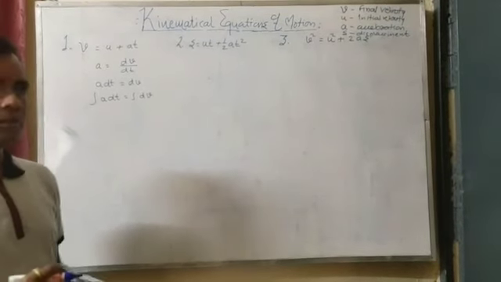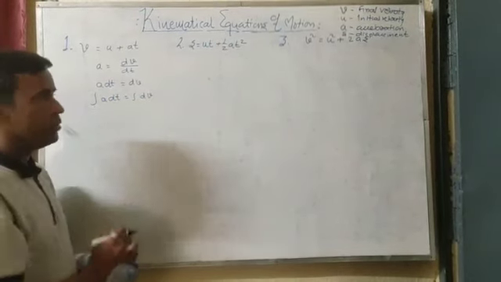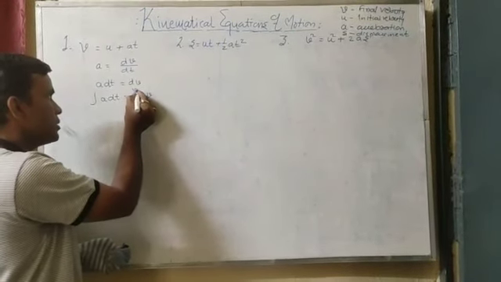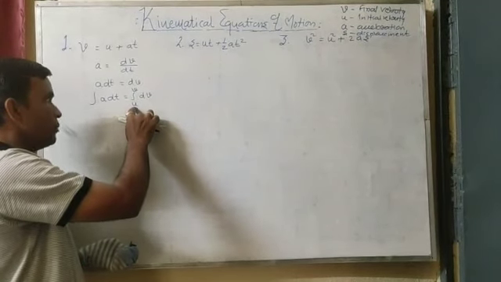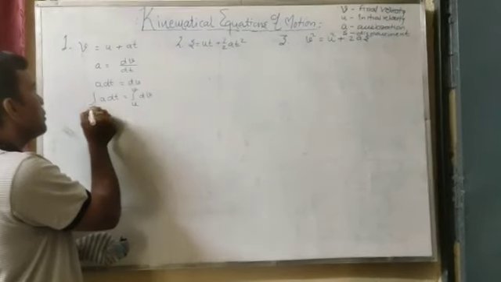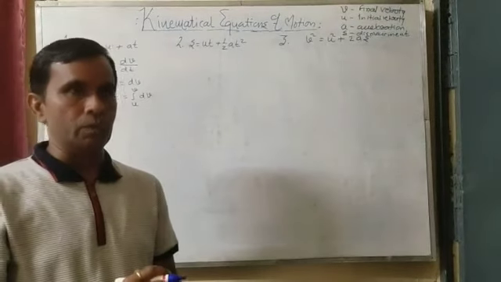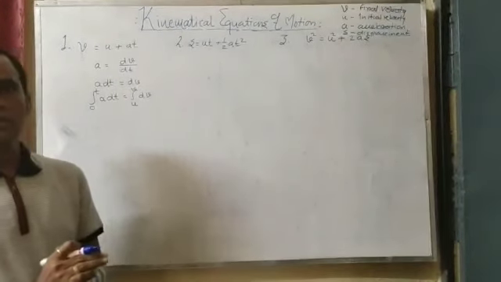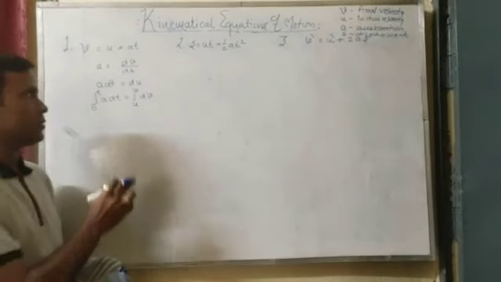When we integrate the terms, the variables are having some values. The initial velocity is u and the final velocity is v. The variable is a velocity having the lower limit and the upper limit. Similarly, the variable is time. Limits are from 0 to t. Sometimes we'll write it from t1 to t2 also. These are the equations with a constant acceleration, uniformly accelerated motion. That's why acceleration remains constant.